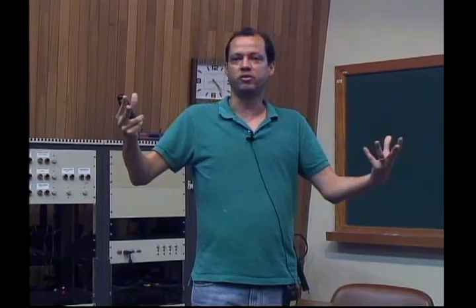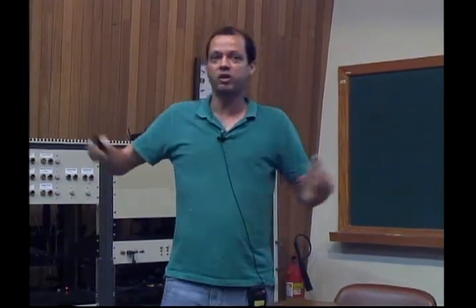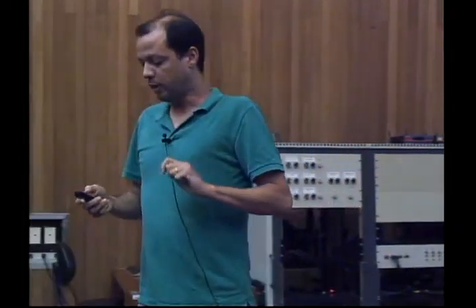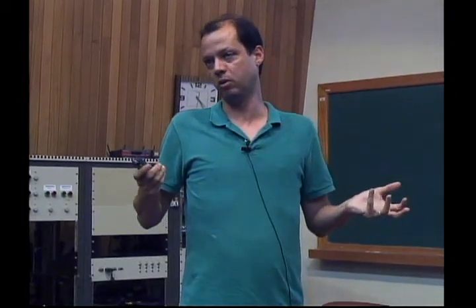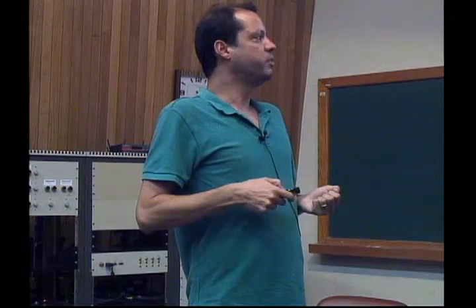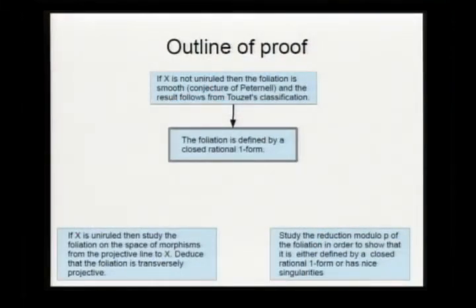But the foliation has some symmetries. And if they were in characteristic 0, they would be integrable. So doing this argument of reduction mod p, we achieve a certain dichotomy. Either we should suspect that they have rational first integrals in characteristic 0, or they are defined by a closed rational one-form. In the case that we suspect that they should have rational first integrals, in particular be defined by a closed rational one-form, we don't have much.